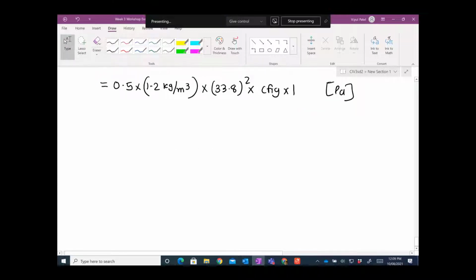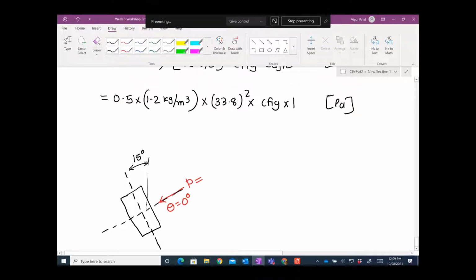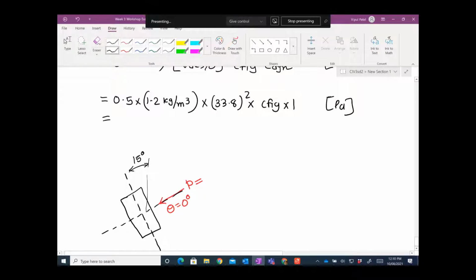So if I want to work this one out, let's say this is the direction of our structure. You know that this is about 15 degrees from the north, that is given in our example. So this is theta equal to 0 direction. For that we have a pressure equal to 0.5 times 1.2 times 33.8, you get 20.28